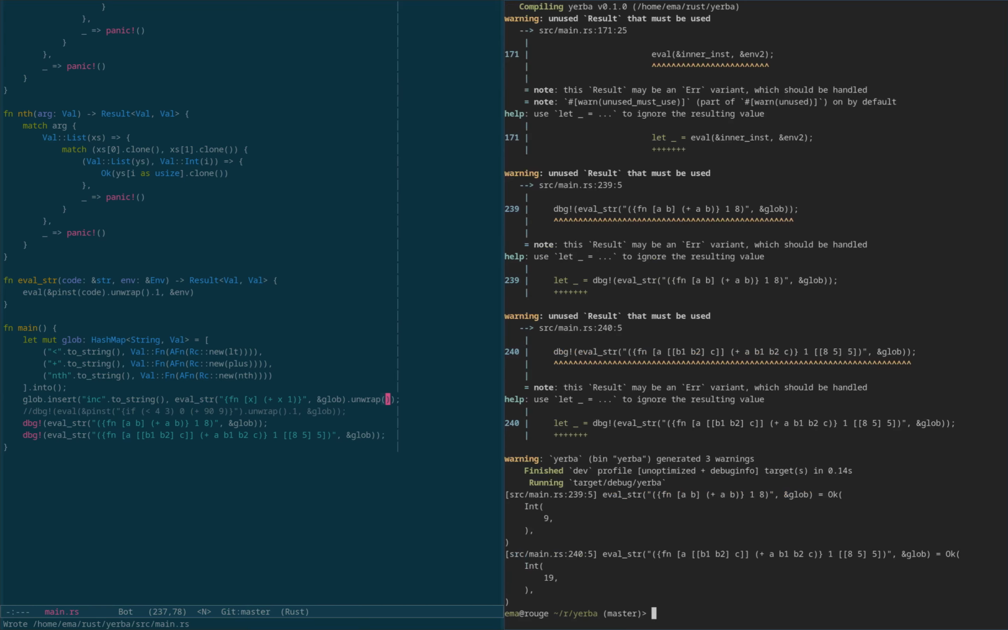Yes. I was just worried that because we are changing, like here we are borrowing glob mutably, that this one would complain. But I guess the Rust compiler is smart enough to realize that once this function returns, we are no longer lending glob out here. So